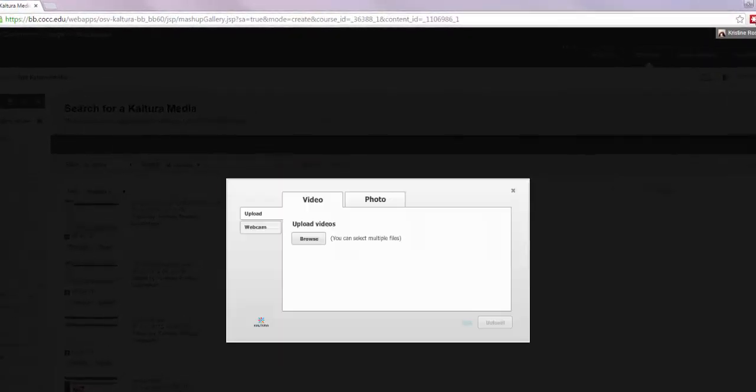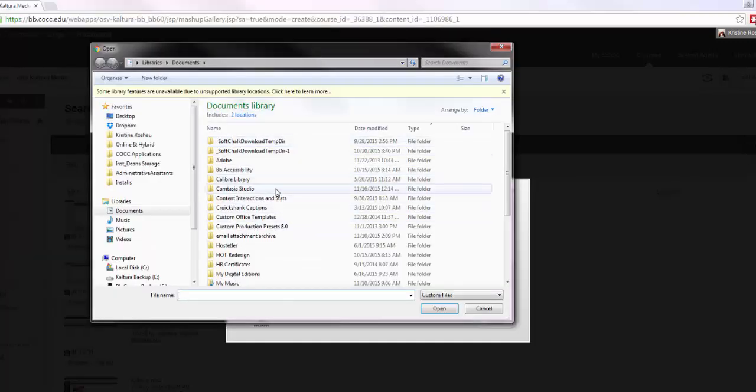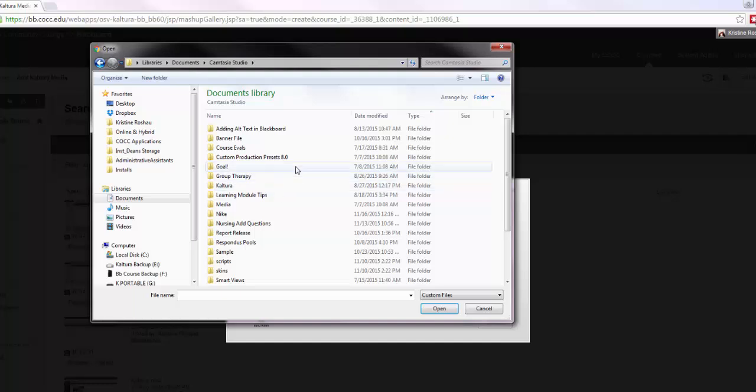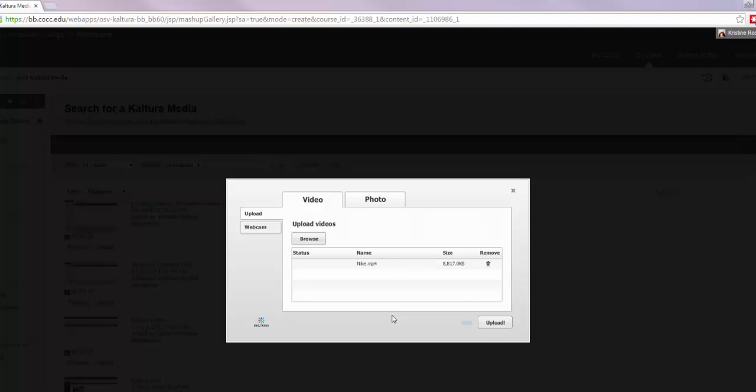I'm going to select Upload Media, and what I will get is this little file uploader. If I click Browse, it's going to take me into my computer again, and I'm in the My Documents file, so I'm going to go to Camtasia Studio, and I'm going to search for my video, which is right here, the Nike folder, and look, there is the MP4 that we just created. If I select that and click Open,